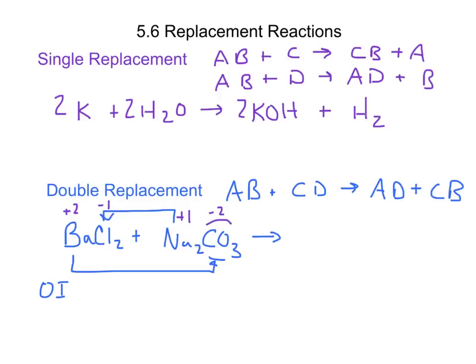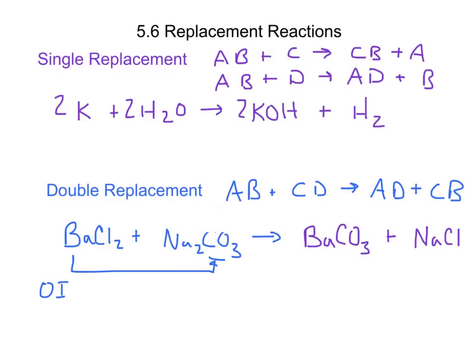So now I'm going to take them over here. I'm going to do my outsides first. So I'm going to put barium with carbonate. And barium has a +2 charge and carbonate has a -2 charge, so they balance out. And I'm going to have sodium, which is a +1 charge, going with chlorine, which is a -1 charge, and they'll balance each other out. Now again, all this stuff I either erase or I do on scratch paper so that my final reaction is not